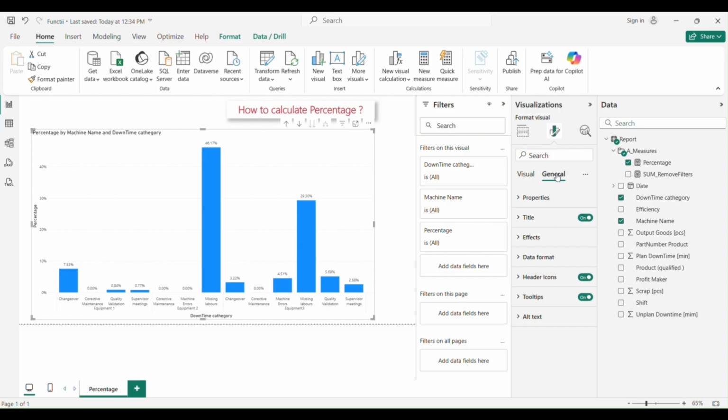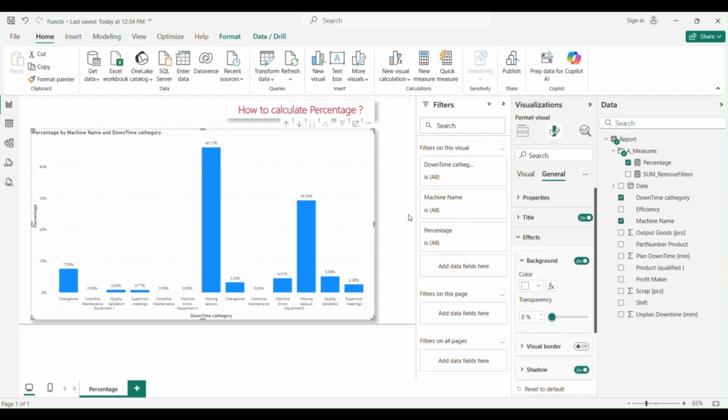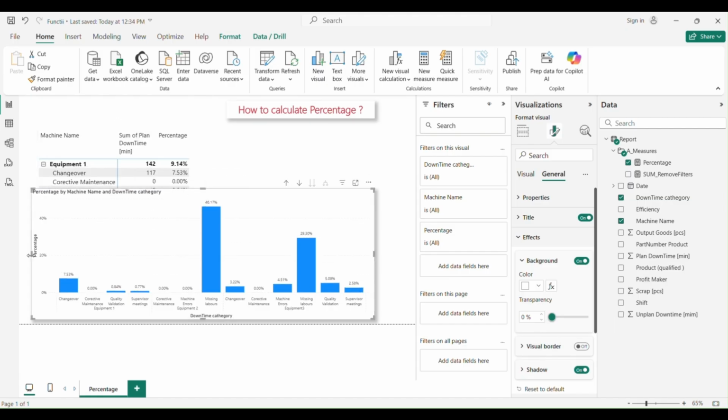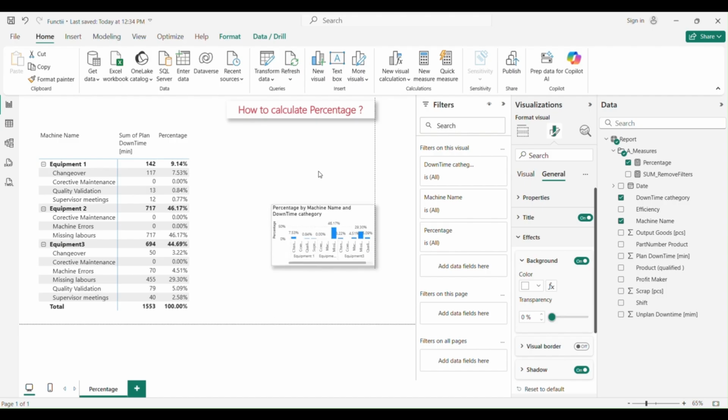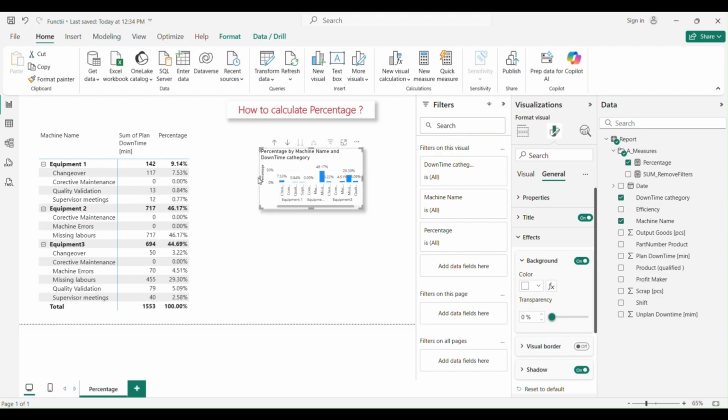So overall, that was all for today. As you can see, it's quite very simple to calculate percentage with only 2 or 3 functions